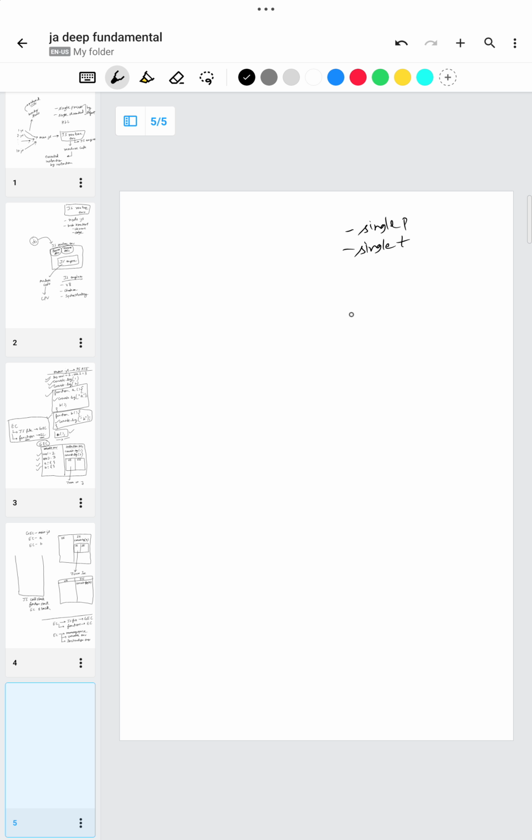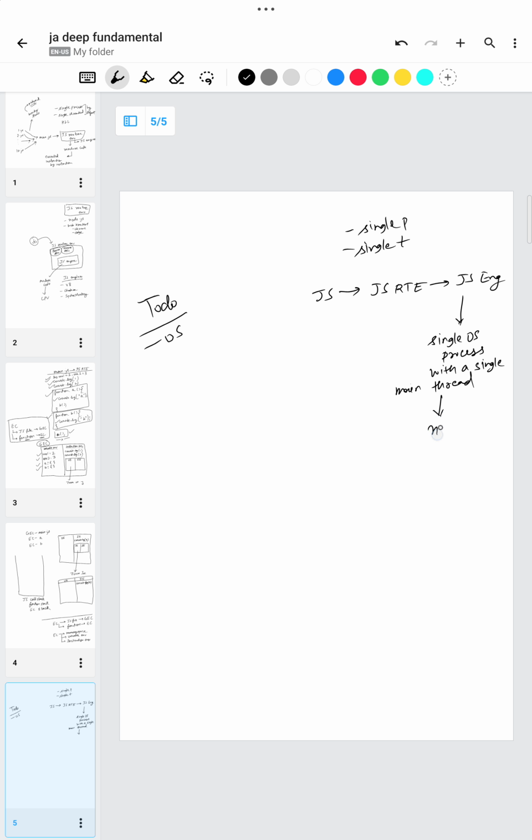By default, we need to have some OS concepts that, whenever the JavaScript file is sent to a JavaScript runtime environment and then to a JS engine, this basically creates a single OS process with a single main thread,